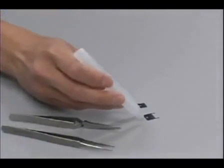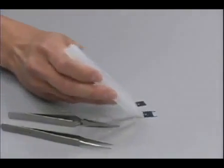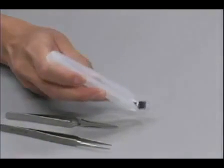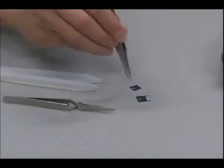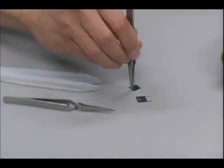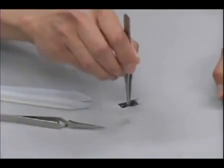With the bigger parts, with the arms, you have to be careful not to break the arms because they're very fragile. So you want to pick them up at the back of the part like this. With the metal tweezers, you can reach into the hole and pick up the chips directly. The larger parts